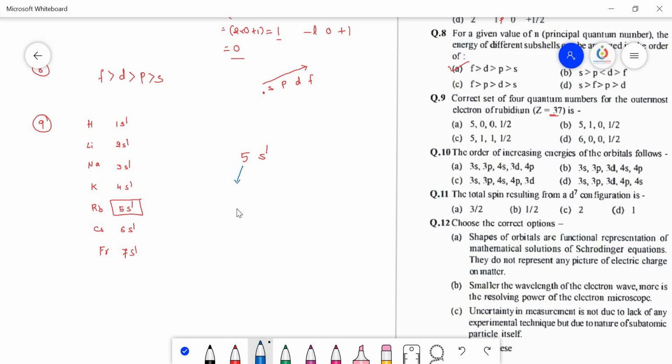So that is 5s1 configuration. In that, the number says that principal quantum number n equals to 5. And L value for the s orbital is equal to 0. And magnetic quantum number is also equal to 0. And for this one electron, it may have either plus half orientation or minus half orientation. So these are the possible values for the 5s1 configuration. Now let us check. So here 5 is there. In the first 3 options 5 are there. But in the second option here is 1, that says about the p orbital, and here 0 is there, and here also it is 0, it is half. So option A is correct.